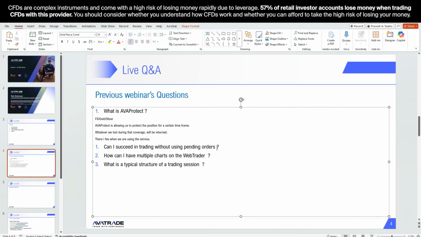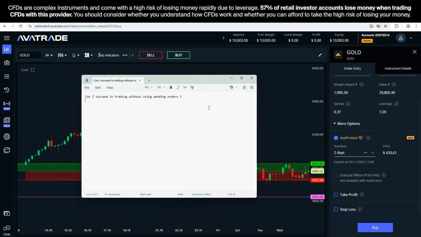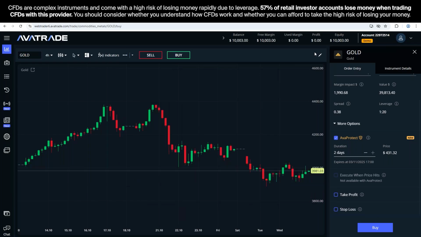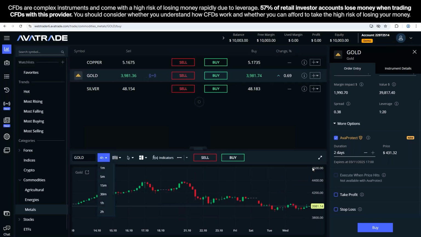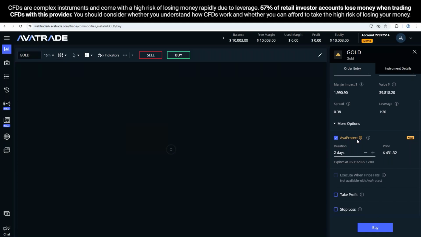The second question here is, can I succeed in trading without using pending orders? The answer is absolutely yes. For people, as an example, that are scalping, right? Scalping is fast-paced trading. I'm probably going to analyze 5, 10, or 15 minutes to do scalping. The way it works is very simple. For instance, if I stay with gold and change the time frame to the 15 minutes time frame,